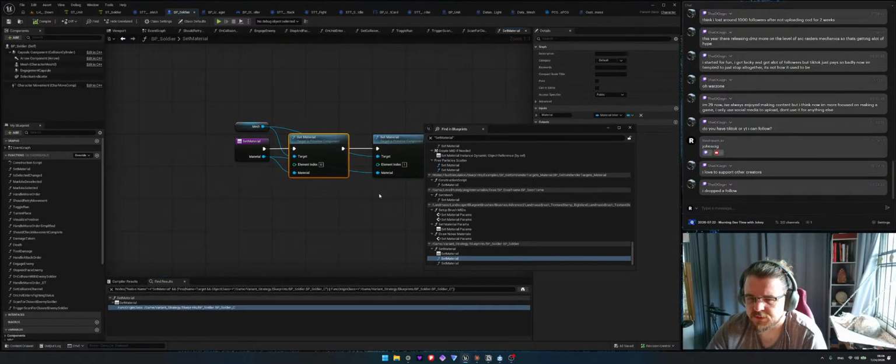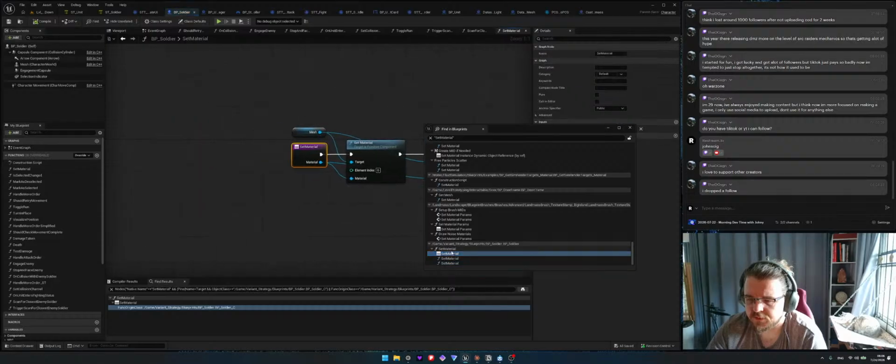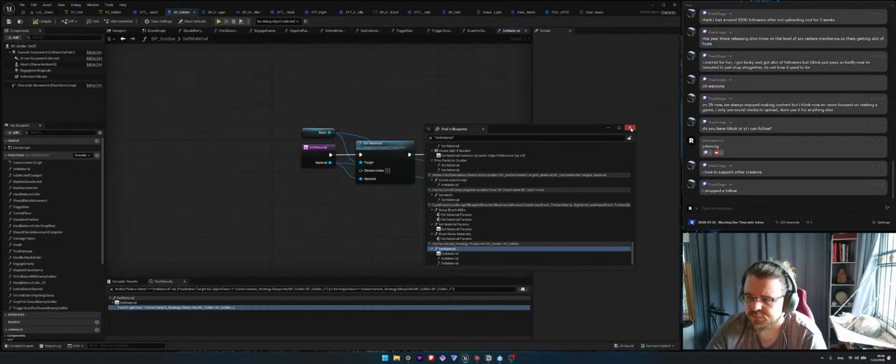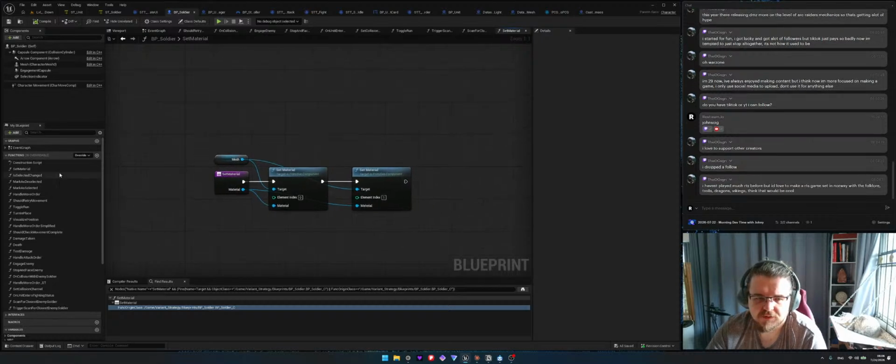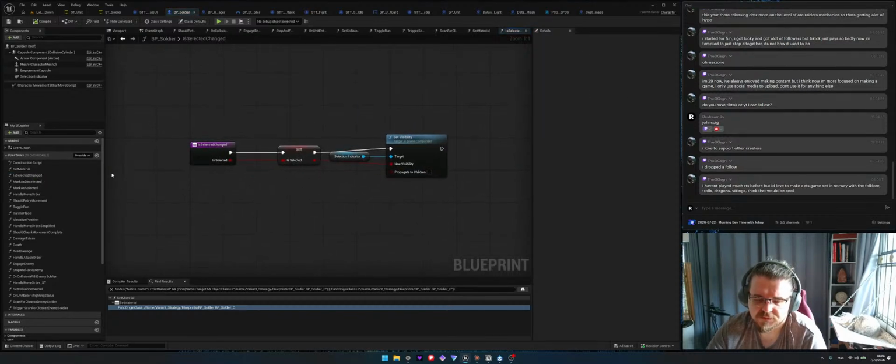Okay, here we go. BP soldier, set material, set material. I have no idea what this function does. I'm just gonna leave it there for now, but